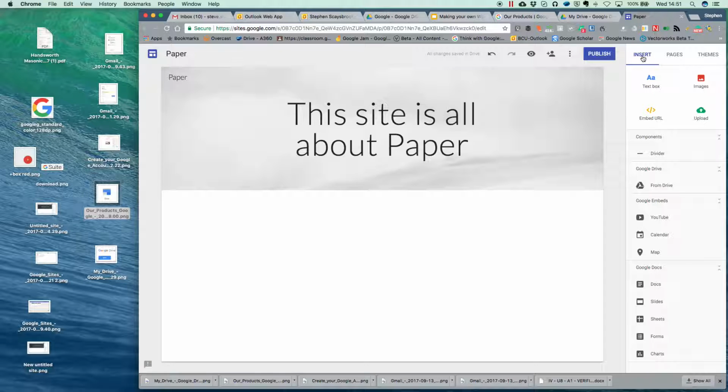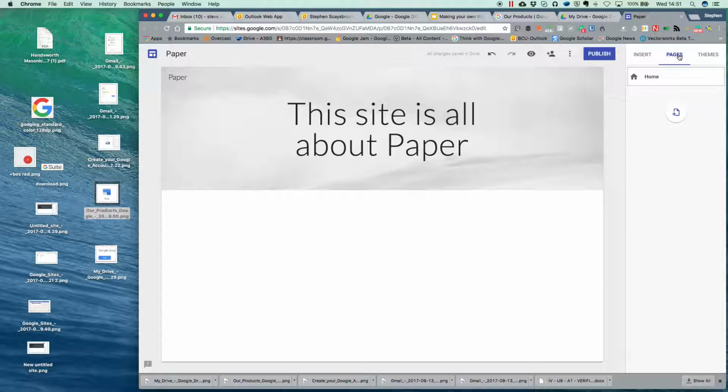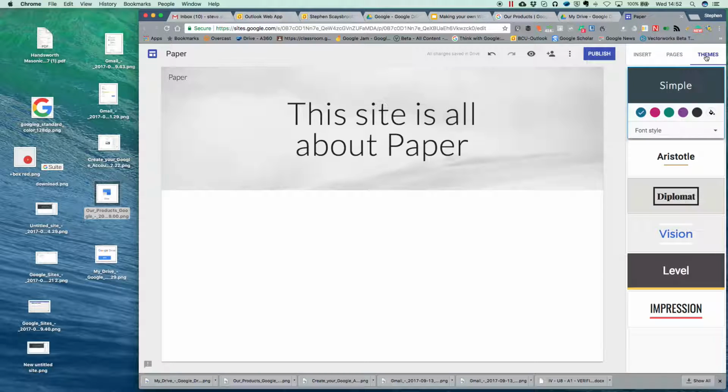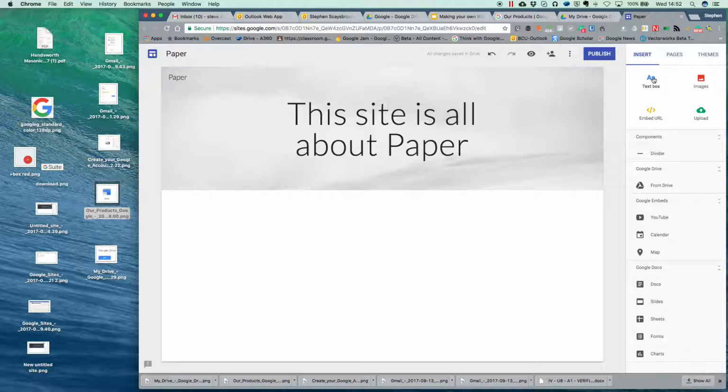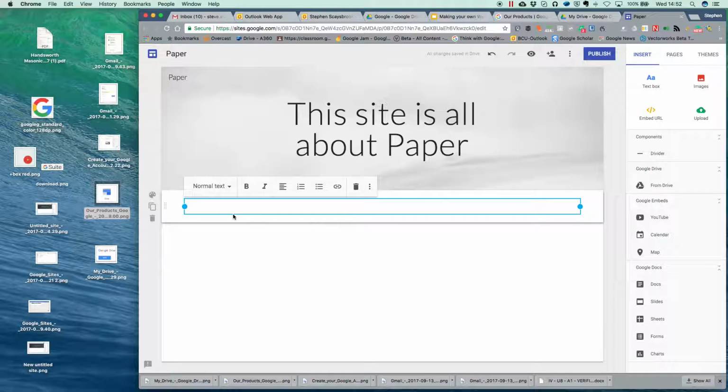Now let's have a look over the top right here. I've got inserts. I've got the usual tools to insert things in there to make it a proper site. I've got the pages side, so I can add pages to my site. And I can also change the themes of this. There's not many up there at the moment, but there's enough to get it interesting. And I'm going to stick to what I've got, which is simple. So let's go back onto the insert and let's insert a box, which is text. And in this one, I can put